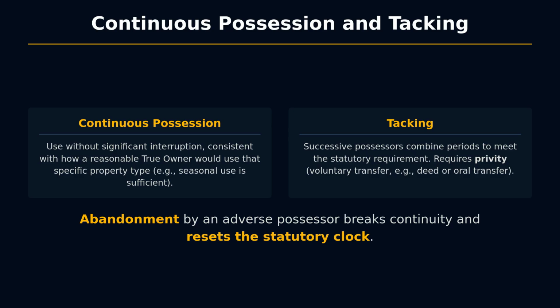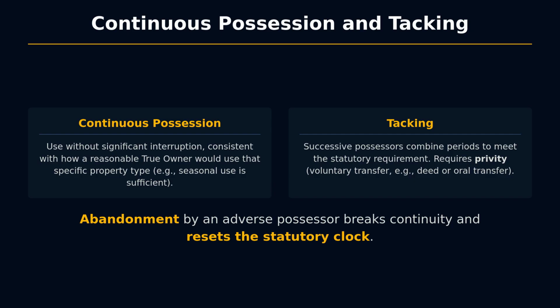Continuous possession requires the possessor use the land without significant interruption, consistent with how a true owner would use that specific type of property. Seasonal use of seasonal land, such as occupying a summer cabin only during the summer months, satisfies the continuity requirement. Tacking allows successive adverse possessors to combine their individual periods of possession to meet the total